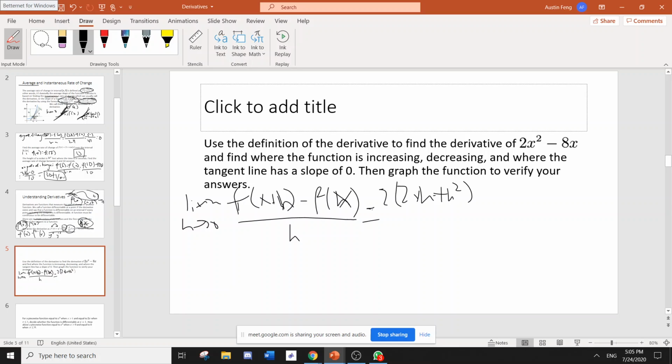And then for the minus 8x part, it's minus 8 times x plus h minus f of x, so we get minus 8h. And then you divide that by h, cancel out h, and we get